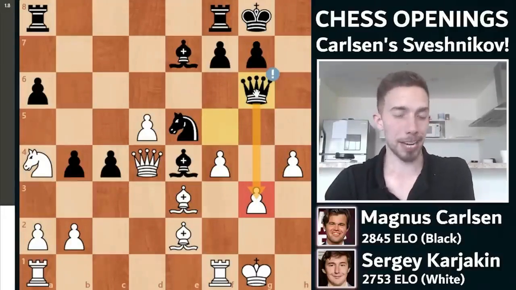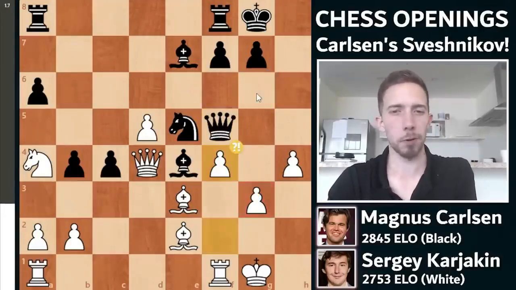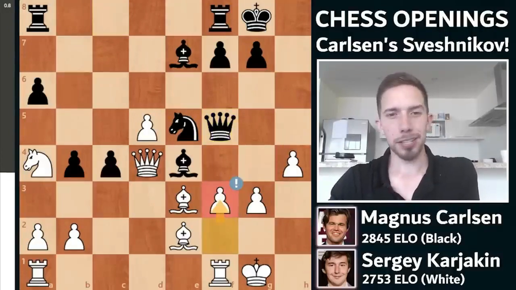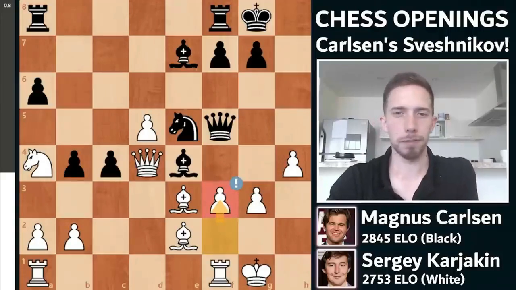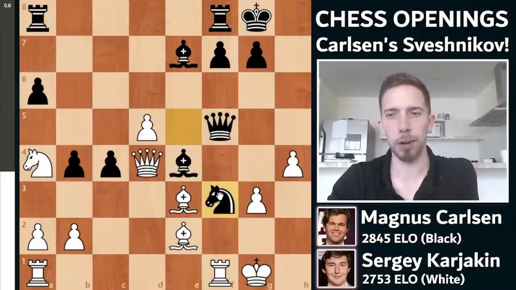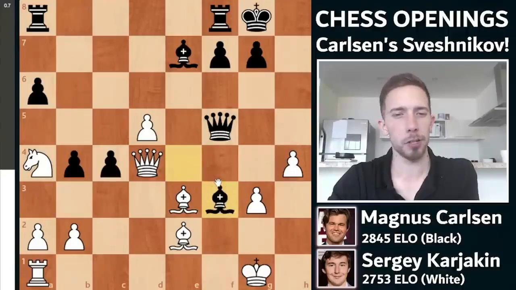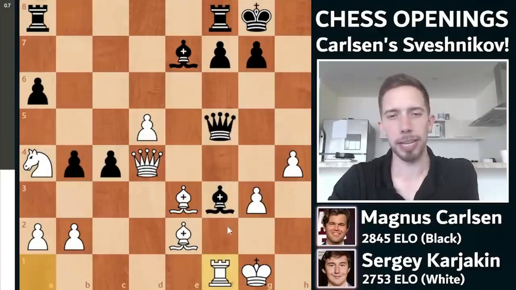Now, real fast, I do want to show you, instead of f4, the key idea for white may have been f3 in this position. Now, things get absolutely crazy in this line. I don't want to go down it too much. For example, here, Black can take the pawn right away, but then white can actually sacrifice the rook. The idea is rook takes, and then after bishop takes, you go rook to f1 with the pin on the